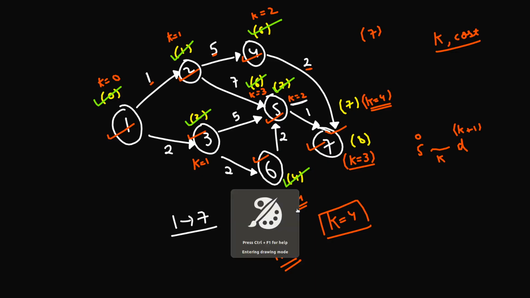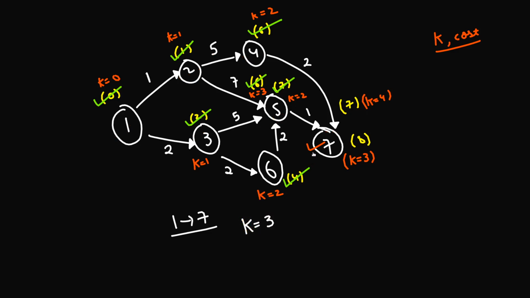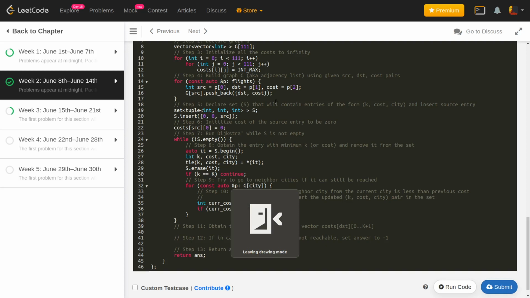Okay, so that is why I will be comparing with the costs of P of 0 of k plus 1. And if you have a look at this example, this is exactly the case where we reached this particular city this way, right? So I had a 1 plus 7, so I had a cost of 8 before, but later I realized that if I take this path 2 plus 5, I can actually reach this city with k equals 2 and not with the cost of 8 but with the cost of 7, right? So this is what we are updating here right now. So we'll just be updating the cost.